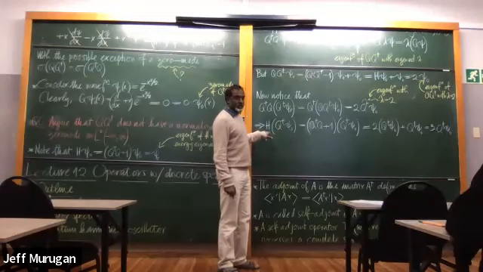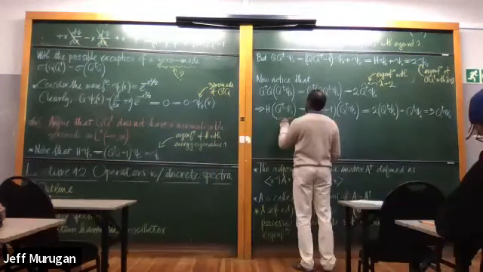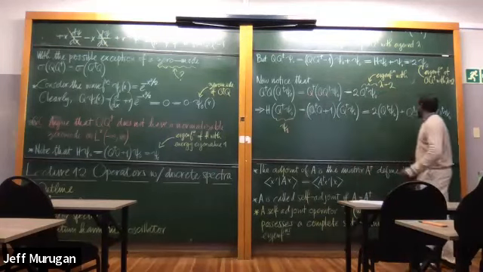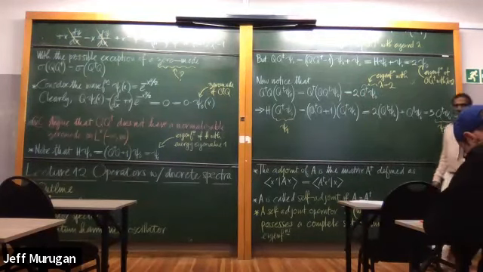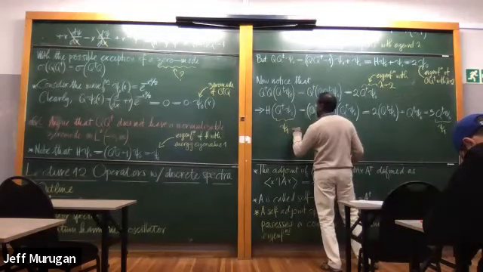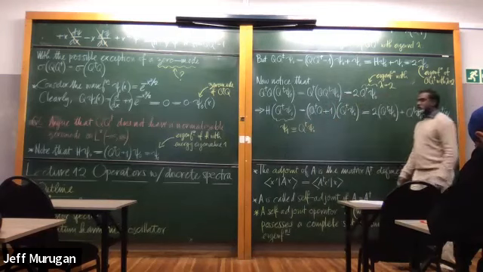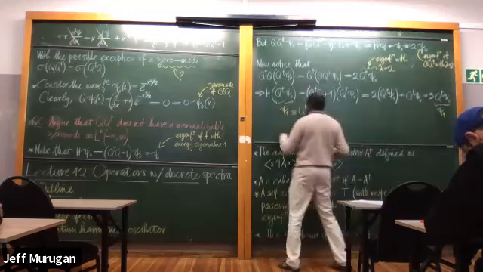This new wave function here, if you want to make things a little easier, call psi 1. So H psi 0 is psi 0, H psi 1 is 3 psi 1. Okay? And you can show recursively